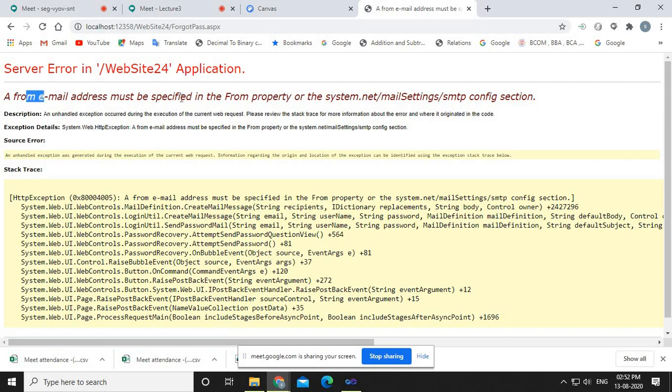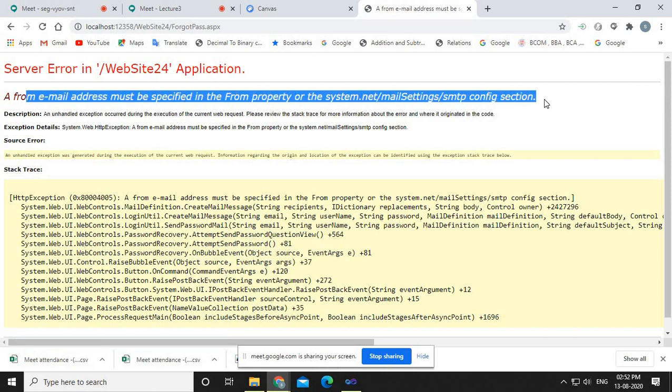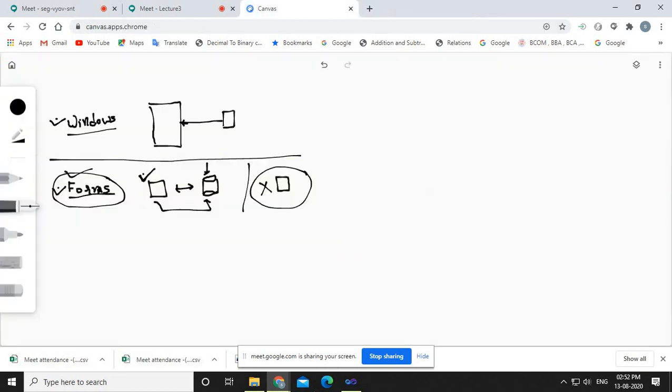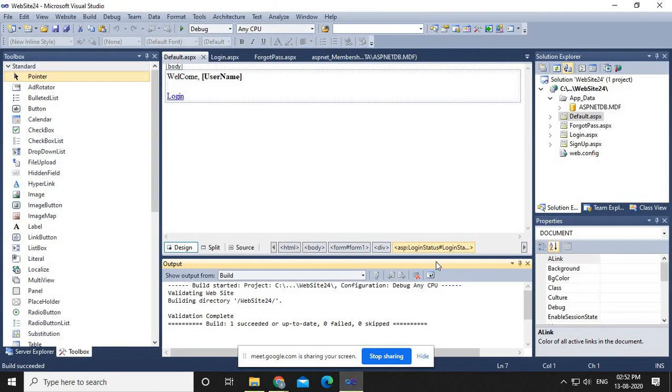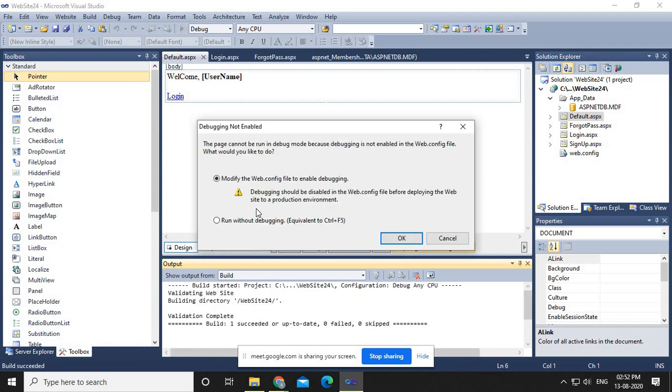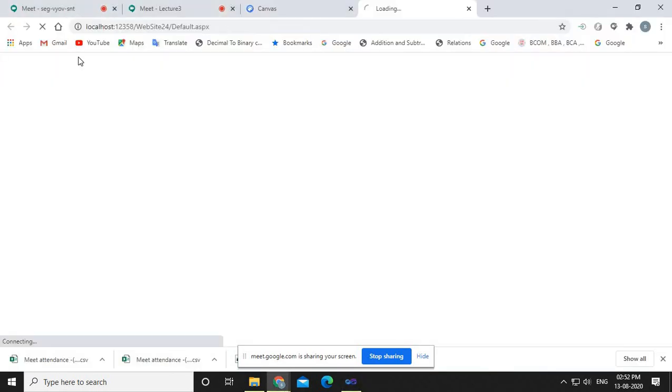Fine, that is because we have not configured SMTP. But what you can do is test it out now. You just run default.aspx and try to log in as that XYZ user, XYZ, and then XYZ123, right?